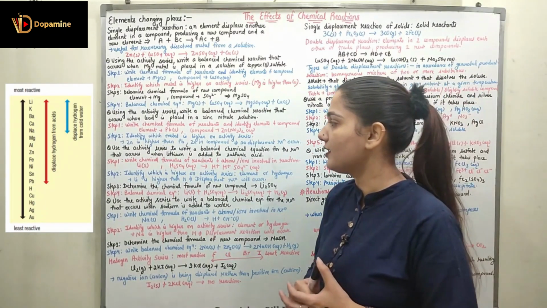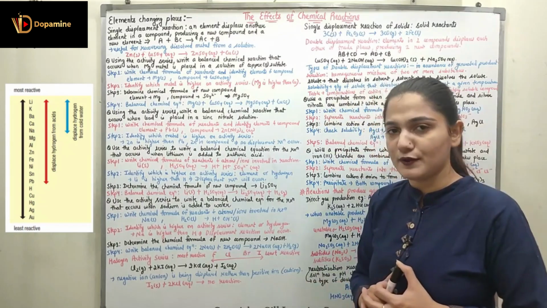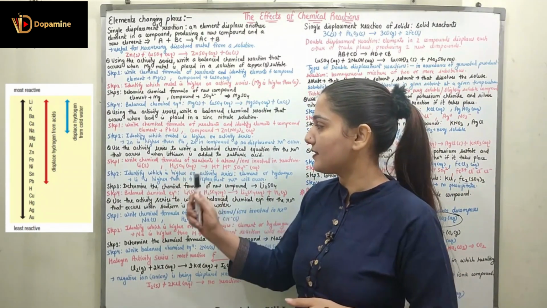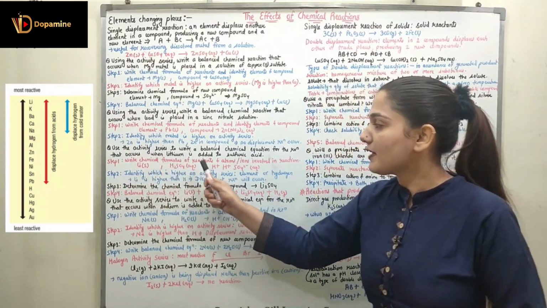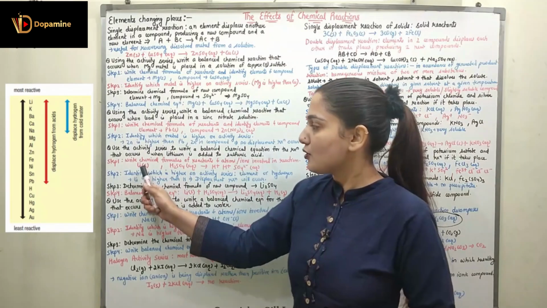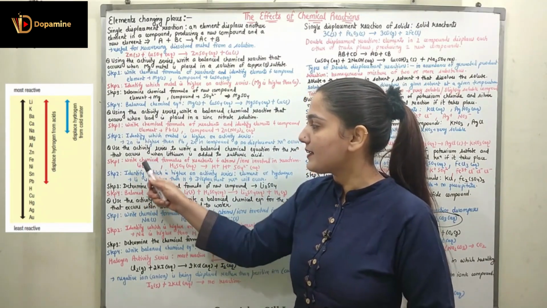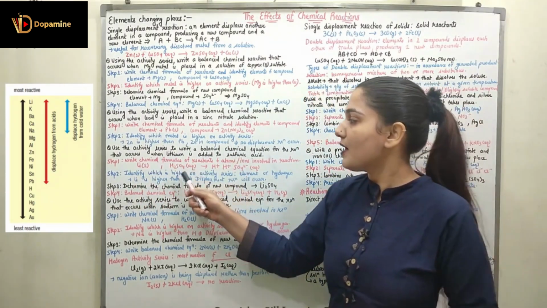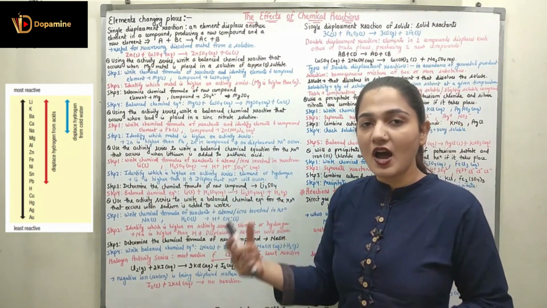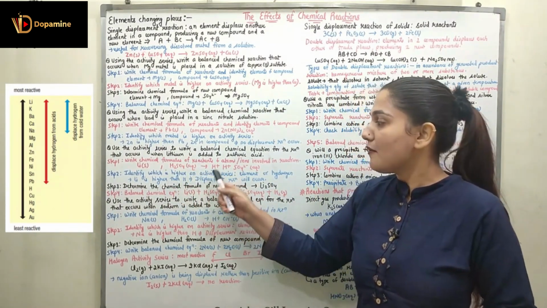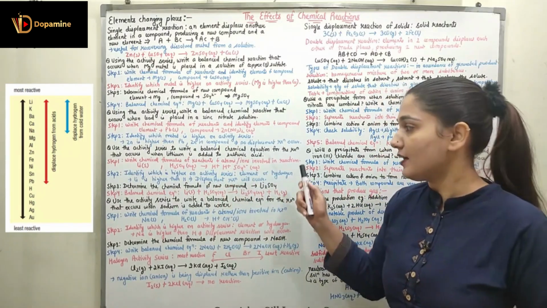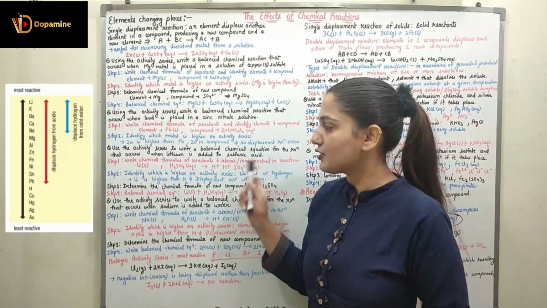Coming to the next question, which states: use the activity series to write a balanced chemical equation for the reaction that occurs when lithium is added to sulfuric acid. Now here we have the sulfuric acid as the compound and lithium as the element. So step 1 is write the chemical formula of the reactants and atoms or ions involved in the reaction. So here what is the element? Element is lithium. What is the compound? Compound over here is H2SO4. In the H2SO4 we have the ions, and how am I going to write it? We have H+ ion, then H+ ion, then SO4 2- ion. So we have these many ions which are present.